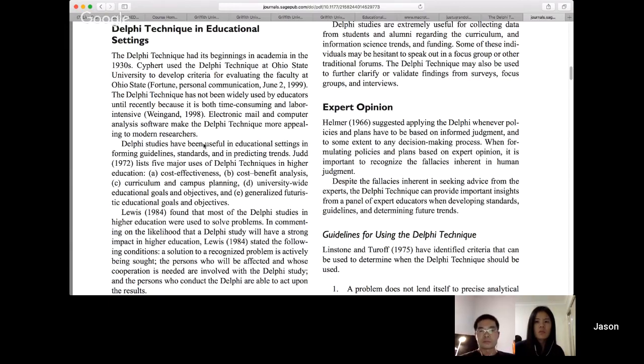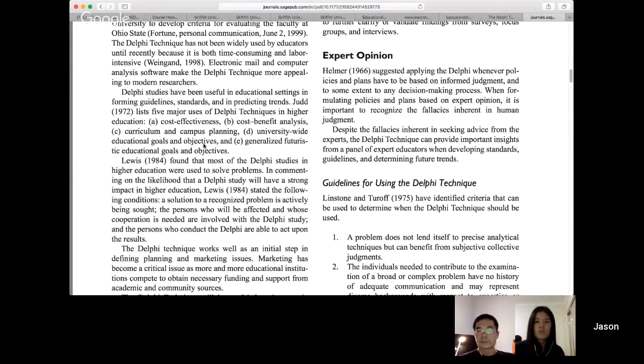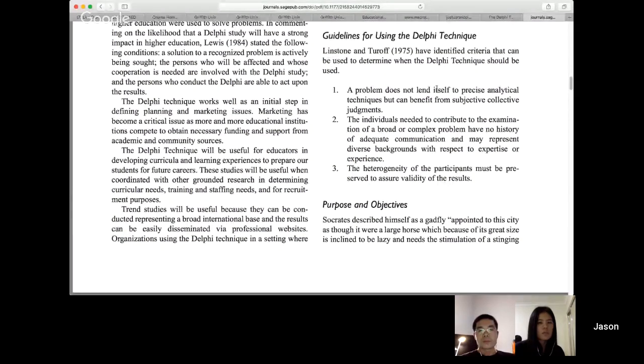Okay, so a few aspects. If the problem that you're trying to solve could be done better in other techniques, then this may not be the best approach to use. So the Delphi technique is particularly useful when you can't use another approach that will determine things more accurately.